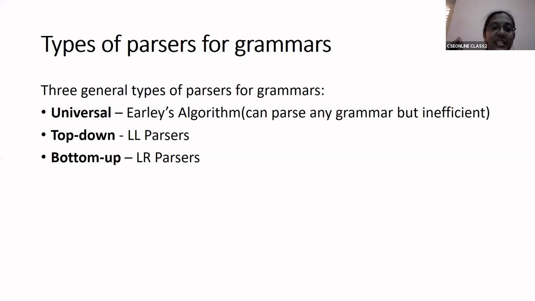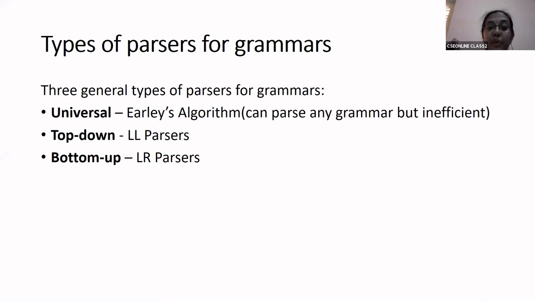Fine. So basically the parsers are of three different types. There are three different types of parsers, very important: universal parsers, top-down parsers, and bottom-up parsers. Okay, so a universal parser example is Lee's algorithm, and you have one more universal parser algorithm. But these universal parser algorithms are not efficient. The advantage is they can parse any grammar. That is, it need not have only context-free grammar, it can parse any type of grammar.